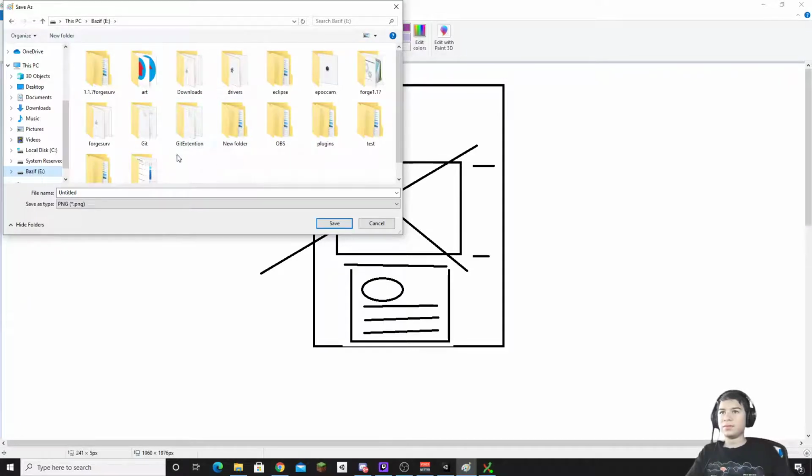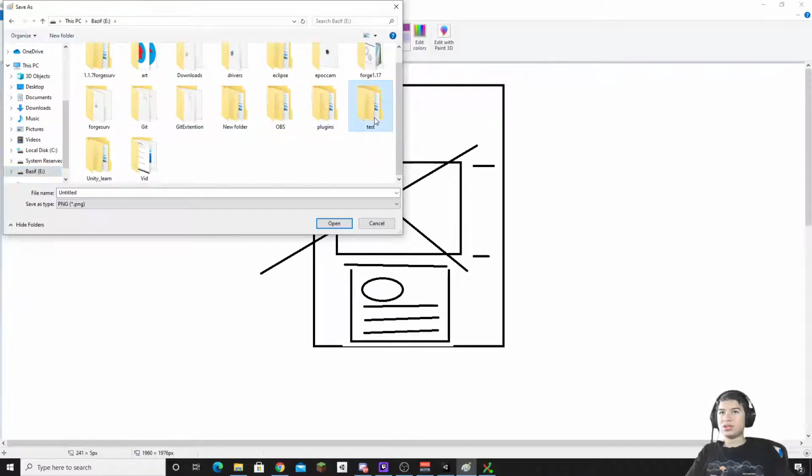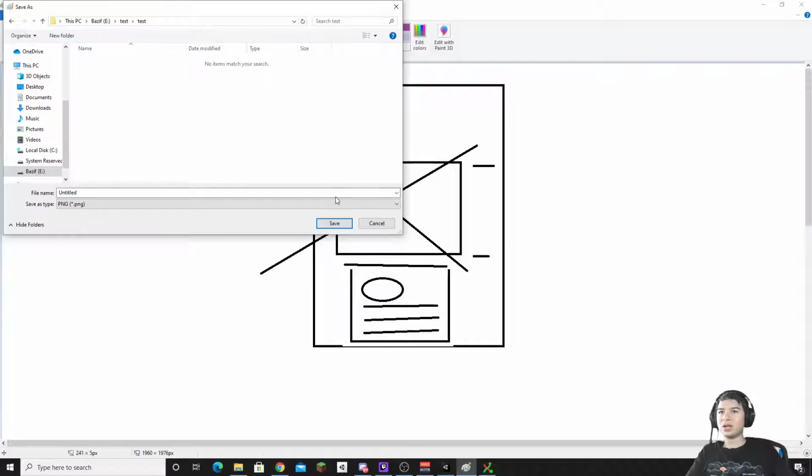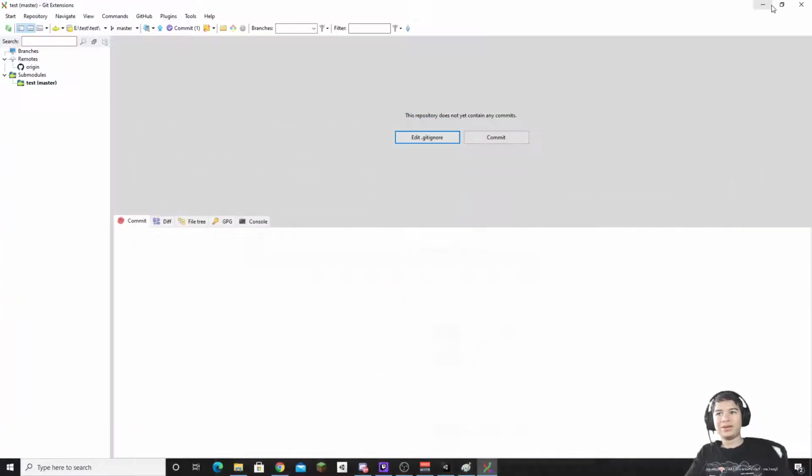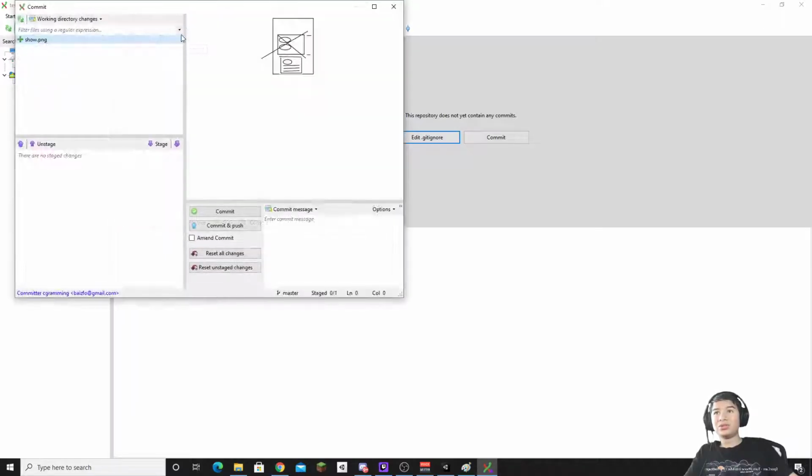Go to our test, where's our test here, and come to test folder, and we're gonna save it there as a show, something like that. Just give it a regular name and save it. Now, as soon as you do it, you'll see something over here called commit. Now, what commit will do is you're gonna come over here and you're gonna stage it. That means if you press this button after you stage the file,